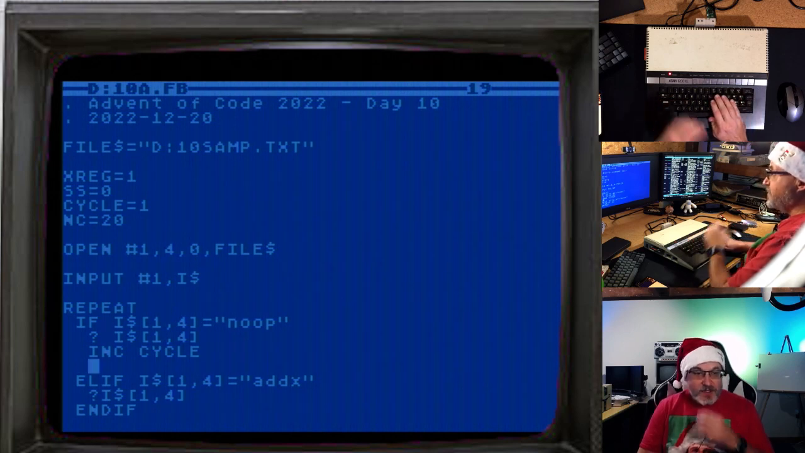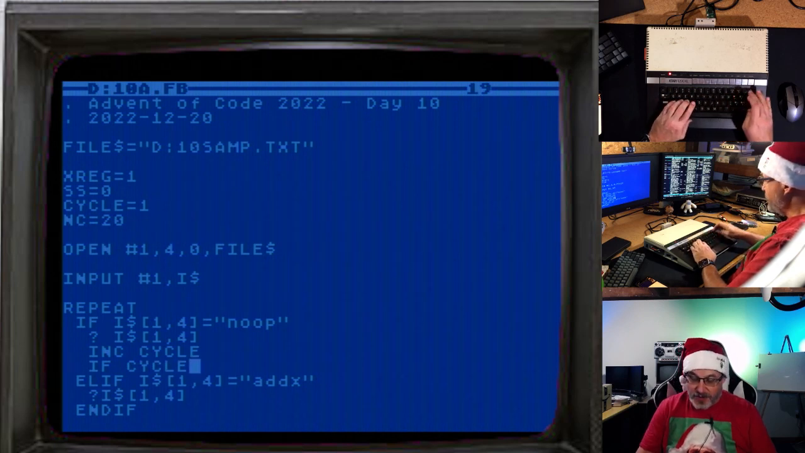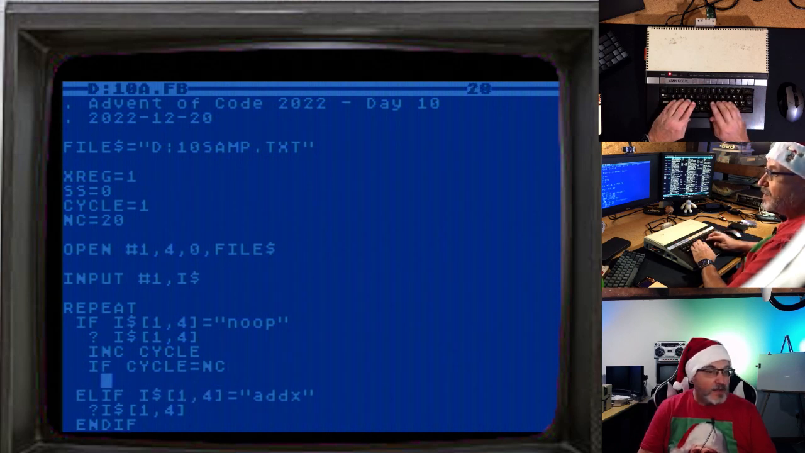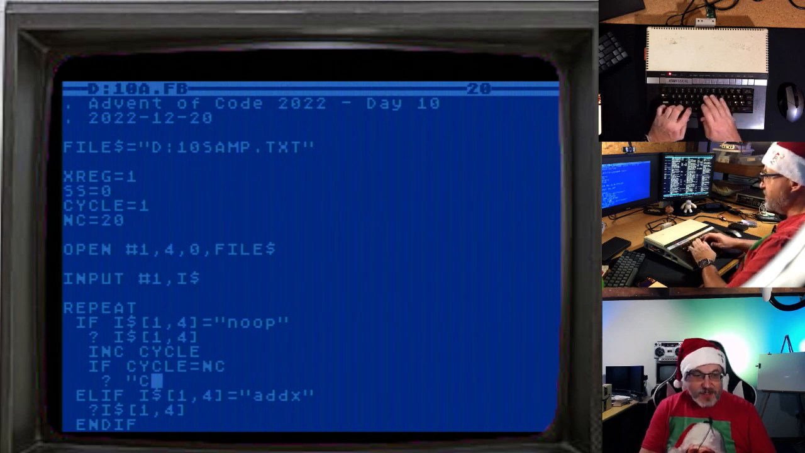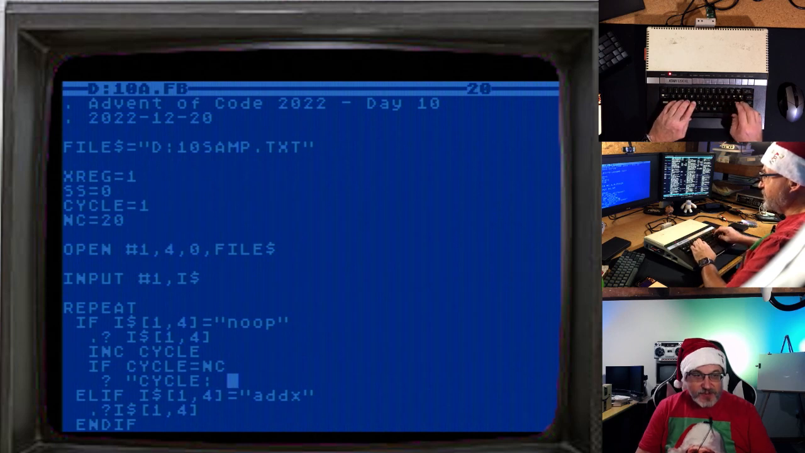So if cycle equals next cycle, print, let's print cycle. Before I forget, I'm going to comment out these because we don't need to see every single command now. We know it's working. Okay, so if cycle equals next cycle, we're going to say cycle equals